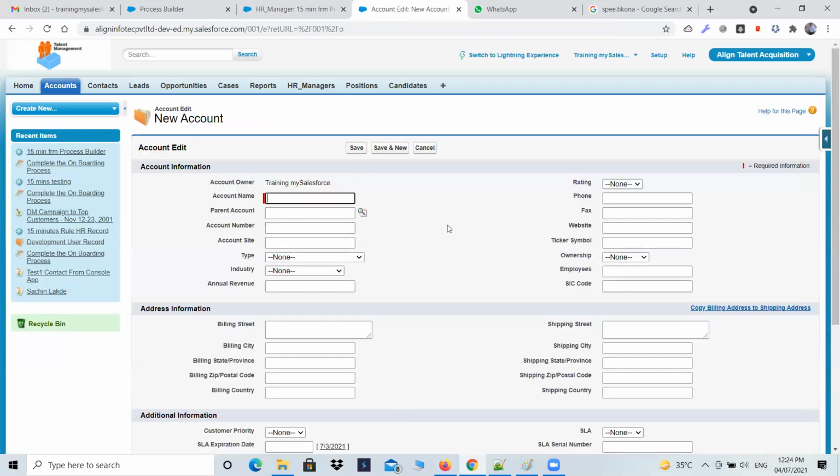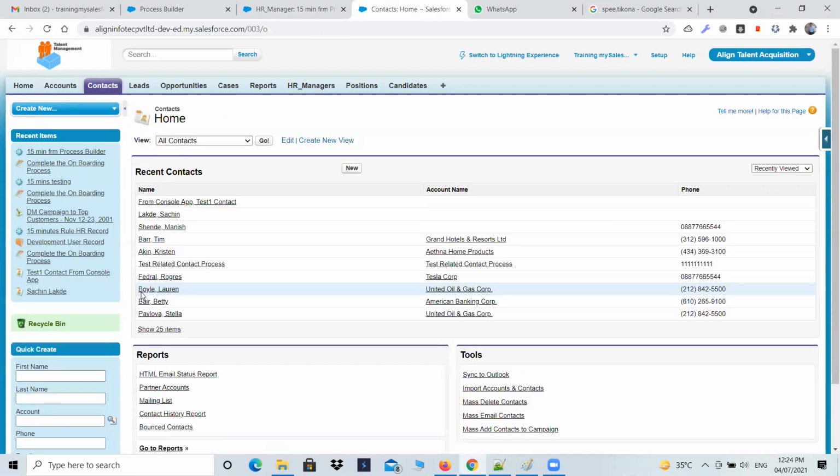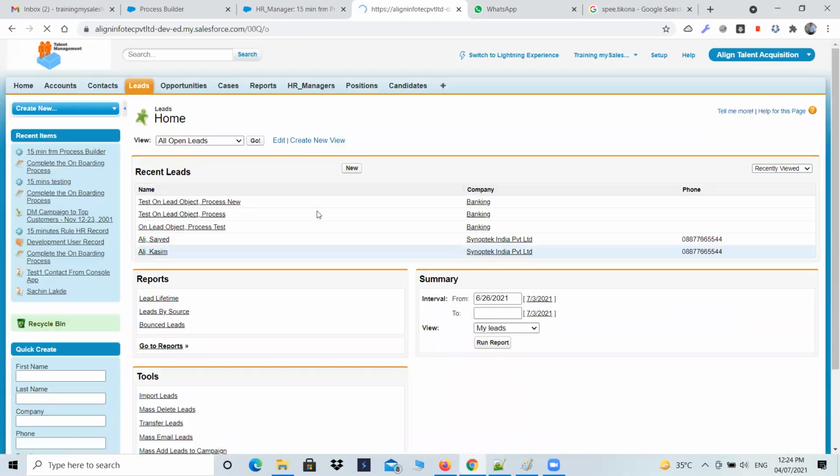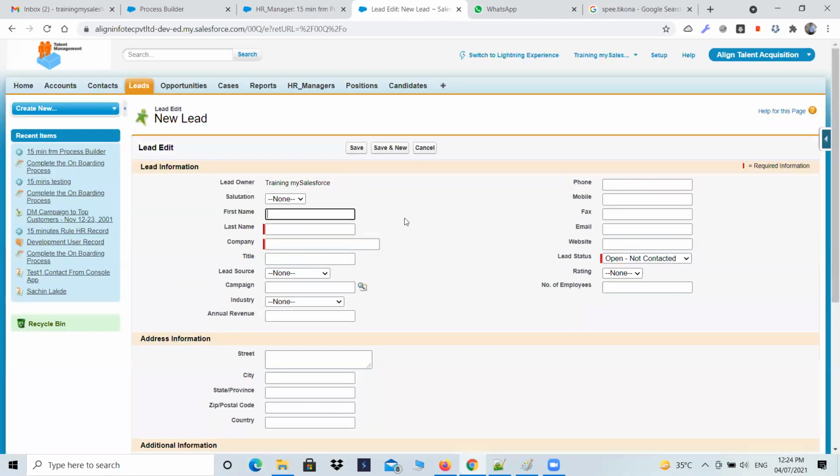अकाउंट ऑब्जेक्ट में जाइए और एक रिकॉर्ड क्रिएट करिए। अगर आपने एक रिकॉर्ड क्रिएट कर लिया मतलब आपने एक अकाउंट क्रिएट कर लिया। इफ यू गो विद द कॉन्टैक्ट ऑब्जेक्ट, कॉन्टैक्ट ऑब्जेक्ट में जाके अगर आपने कुछ क्रिएट किया मतलब आपने कॉन्टैक्ट क्रिएट कर लिया। अगर आप लीड ऑब्जेक्ट में जाके न्यू बटन प्रेस किया और यहाँ पे बाय एंटरिंग ऑल दिस डिटेल मेक इट सेव, तो आपने एक लीड क्रिएट किया। तो क्रिएटिंग अ रिकॉर्ड मीन्स क्रिएटिंग दैट ऑब्जेक्ट, ऐसा बोल सकते हैं अपन।